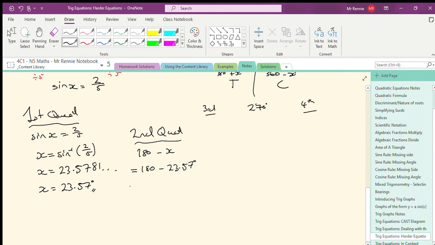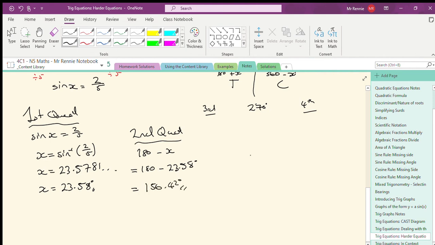23.57 degrees. And that gives me the answer 100 and, did I say 57? That should be 58, my apologies. Let me change that. You're probably all screaming at the video saying you've got that wrong. There we are, change it to 58. That'll be changed to 58 as well. And that should give me an answer of 156.42